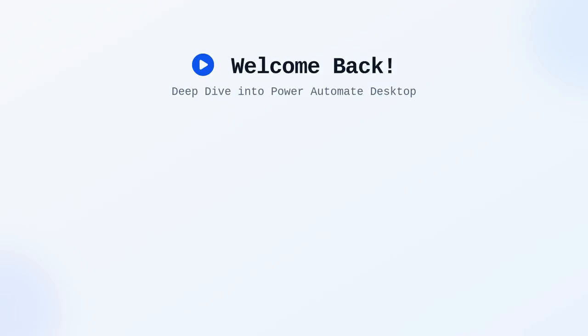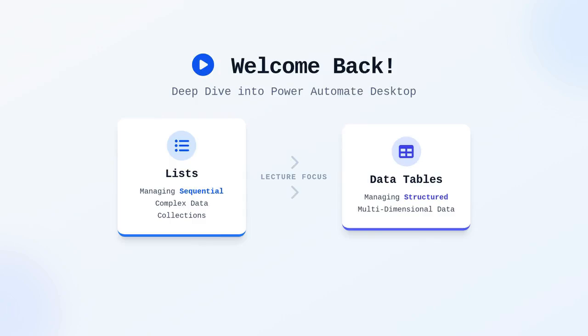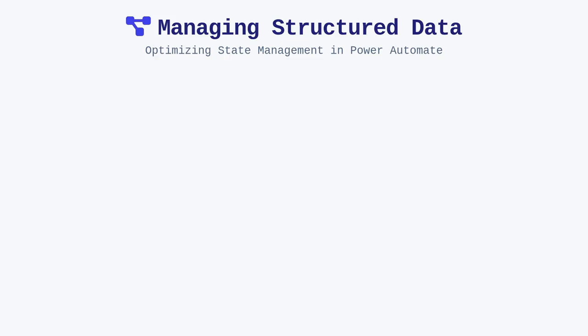Welcome back. In this lecture, we will explore the mechanisms for managing complex data collections, specifically focusing on lists and data tables within Power Automate Desktop. When we design automation workflows, we rarely operate on simple atomic variables like single strings or numbers. Instead, we frequently deal with structured data that represents multiple records or items, requiring us to manage these using list